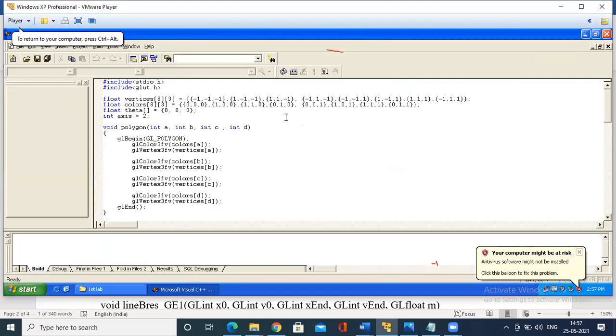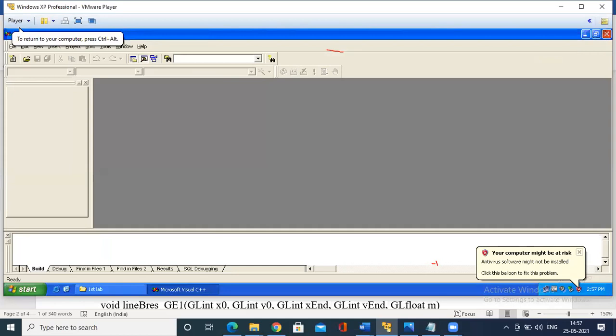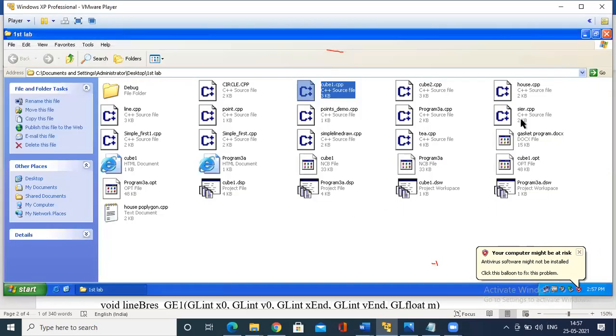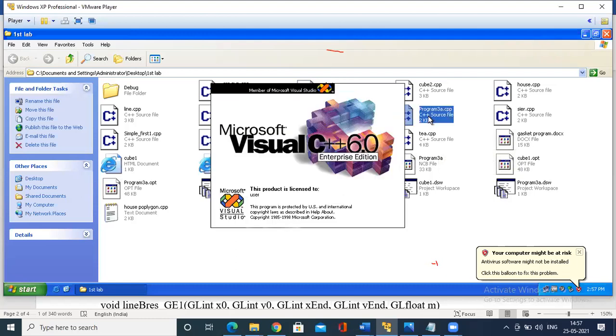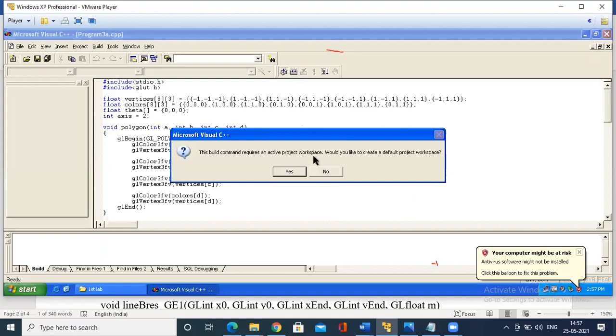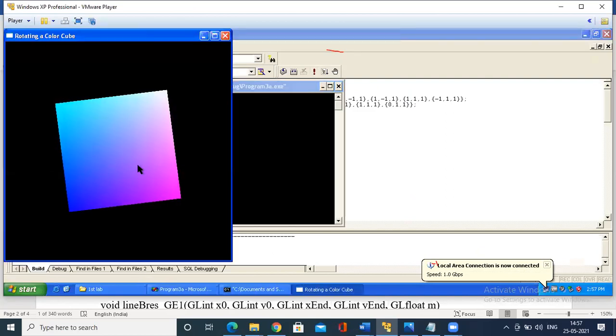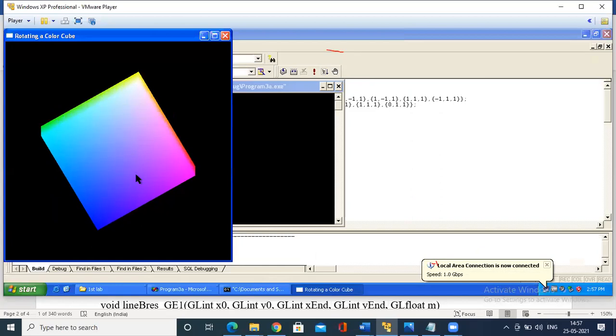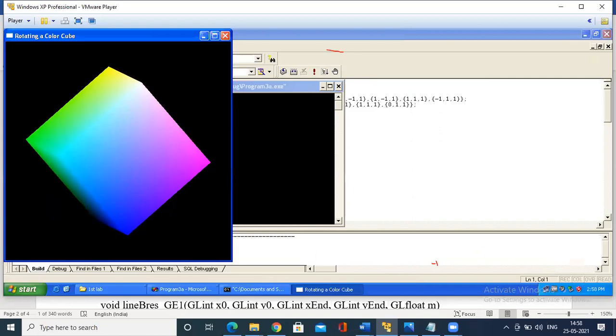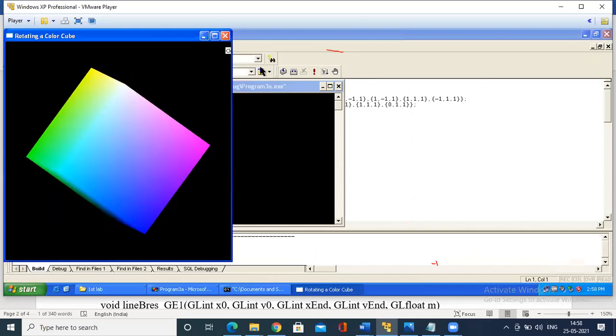So what I have done is, so this was the change today I said to your cube program. Use a double buffer and execute it. So this is a cube program. So it is rotating along the z-axis. Take the control, x-axis rotation, y-axis rotation, z-axis rotation. So this is about the cube program.